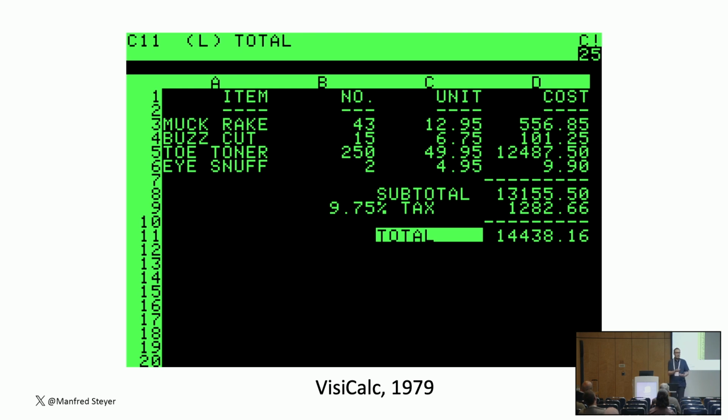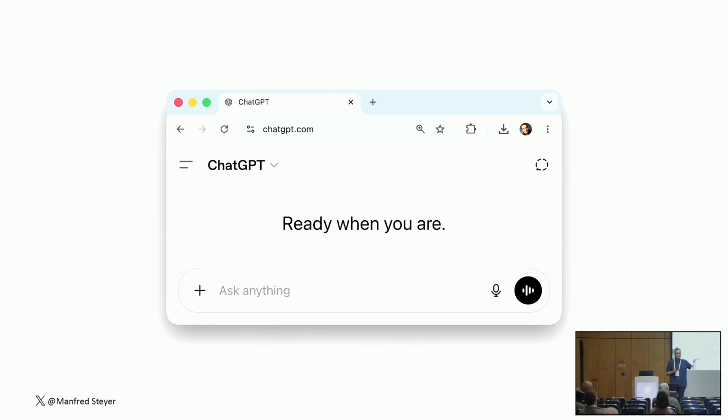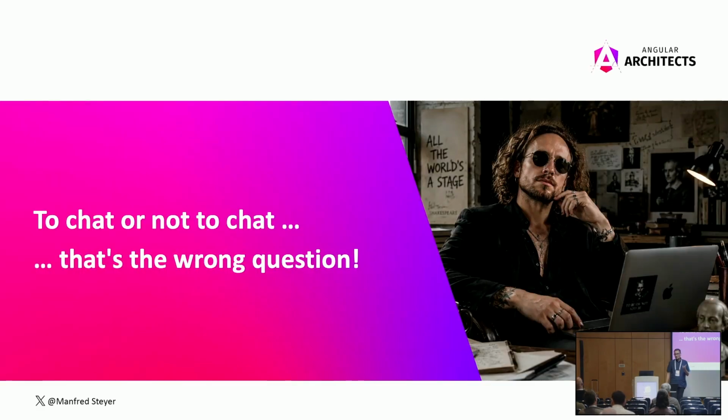And of course, since then, the environment evolved quite a lot. The way we do applications, how applications work, evolved quite a lot. And nowadays, this evolution headed towards chat. And now you say, oh no, I don't want to chat all the time. I want to use a real application. Do we really have to chat? This does not make sense for me. And the answer here is, well, to chat or not to chat, that's the wrong question, as my good old